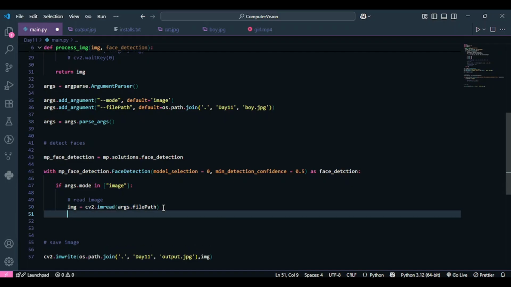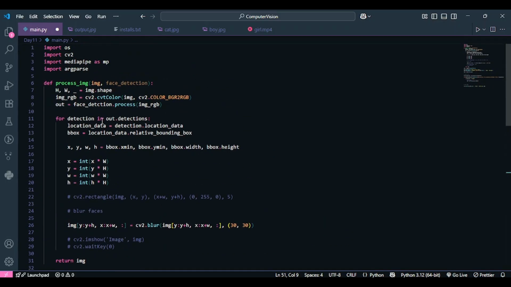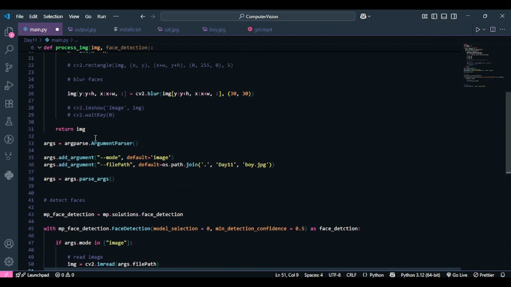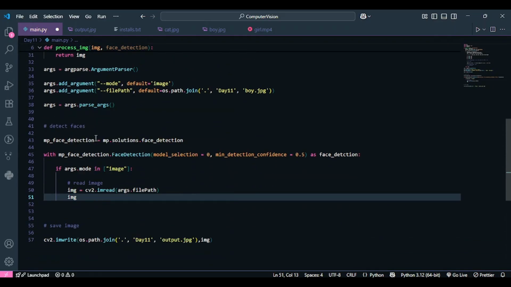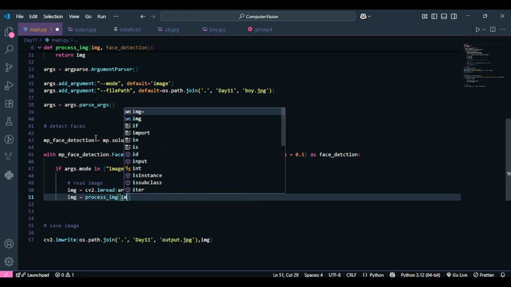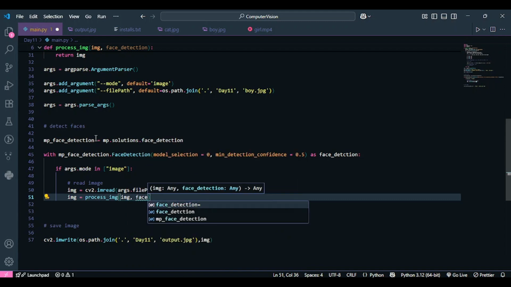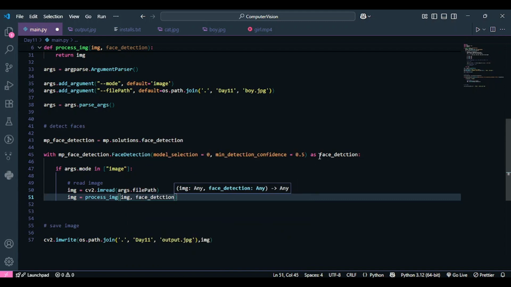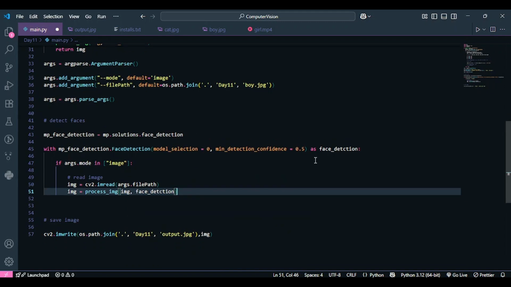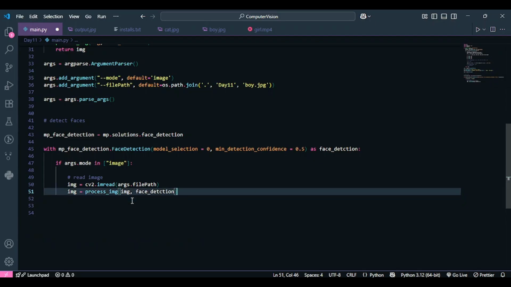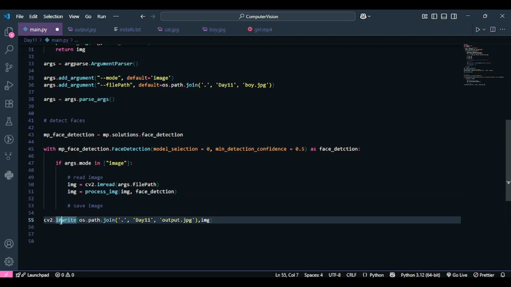Once I have read the image successfully, I'm going to call process_image on that image. This is going to return an image to me, so I'm going to save that in the image, and inside it I have to pass two parameters, the image name and the model name, the face detection model name. So the face detection model name is obviously called face_detection. So this is what I'm going to do, and then obviously after reading the image I have to save the image as well. So I'm going to save the image right over here inside my if condition,